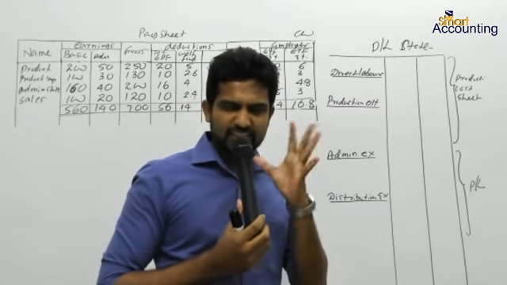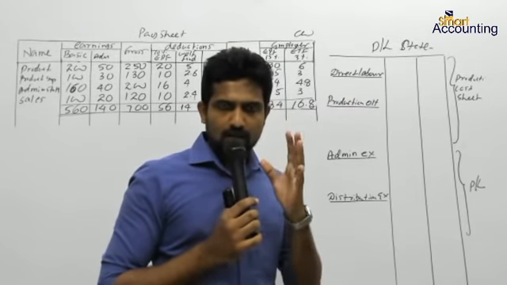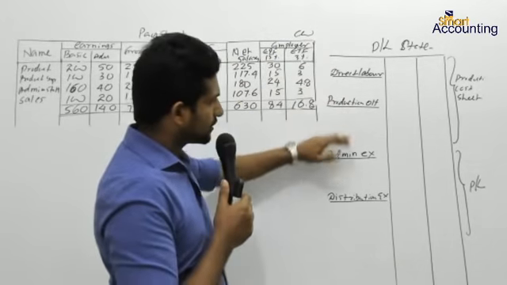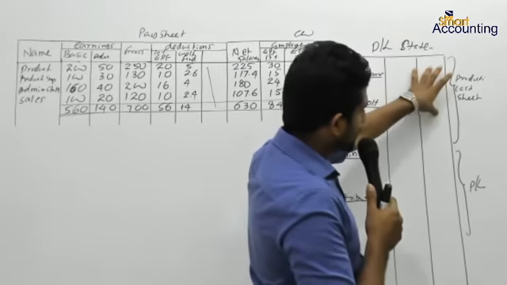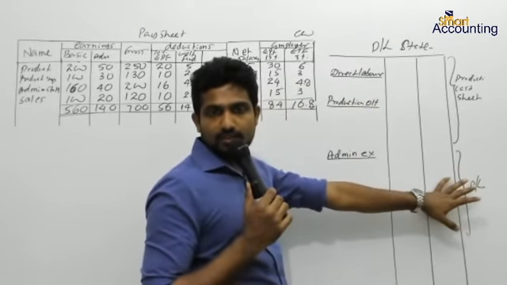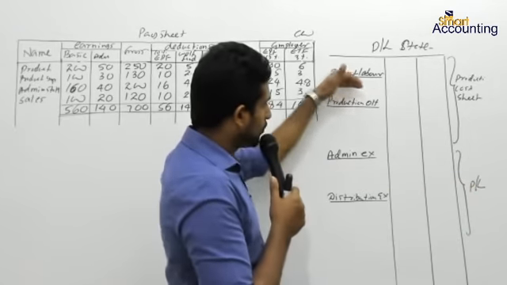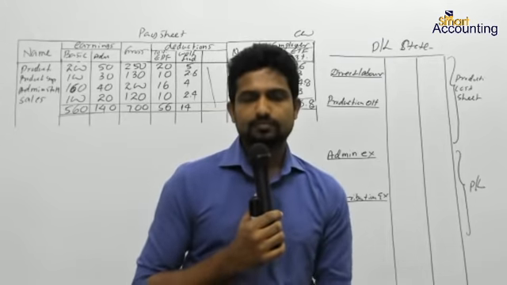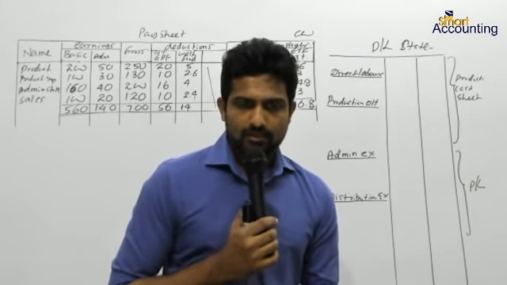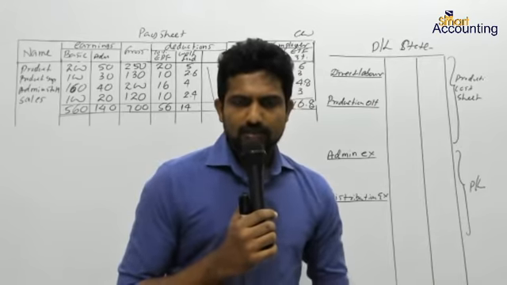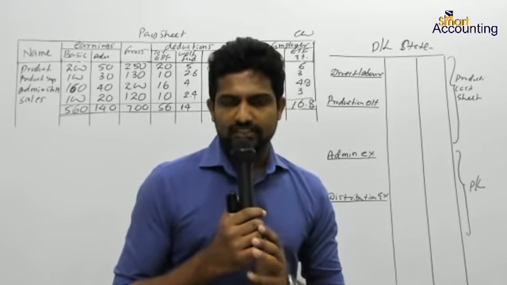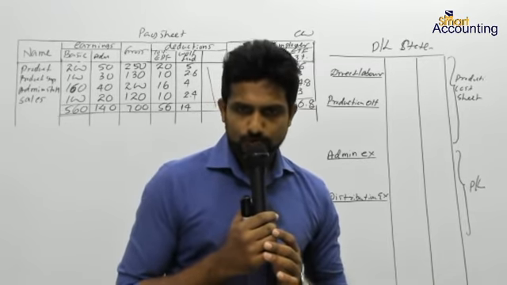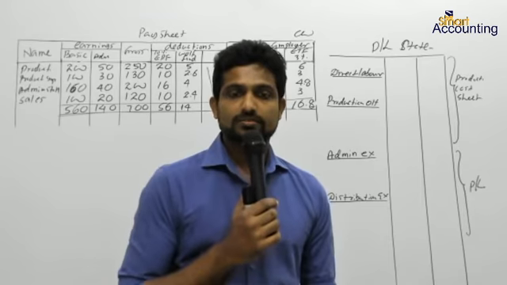Employee related expenses are stated with respect to the profit and loss statement in these four areas, in the production cost sheet as well as in the profit and loss statement. Altogether there are four places to show the employee related expenses. Do you agree with me? Think and say, is there any more place to show the employee related expense? I think no. No more places.